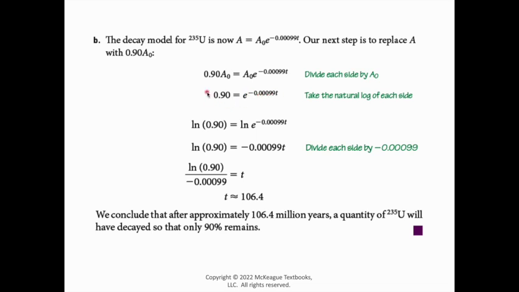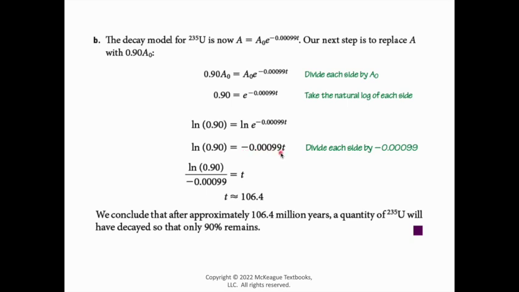0.00099t. We can take the log of both sides, so we get the natural log of 0.90 is equal to the natural log of e raised to the power of negative 0.00099t. Because of the power rule, my exponent can come down in front, and then I'm left with my exponent times the natural log of e, and we know that the natural log of e is 1. So all we're left with on the right side is minus